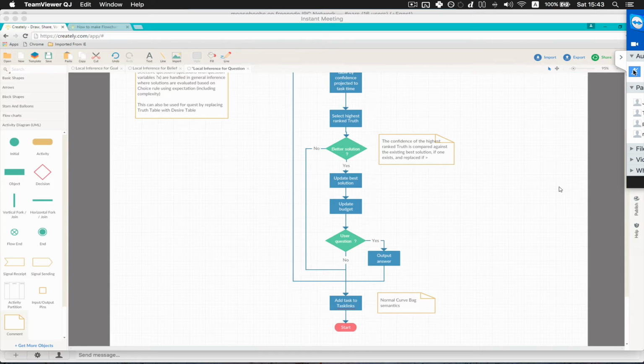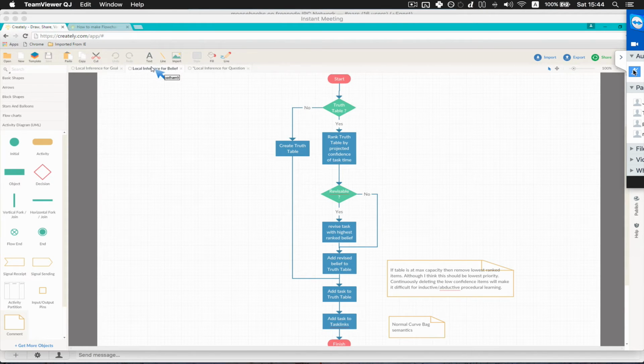This thing is right, but there is one thing which we should consider in local inference for belief. Can you go back to the belief chart? Namely, when the task enters the truth table, probably it's good to iterate the questions and see if the added